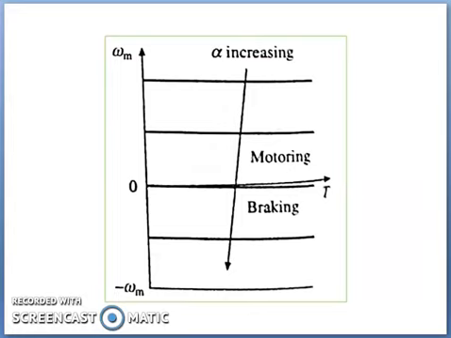This is the speed torque curve of the drive, neglecting discontinuous conduction. When discontinuous conduction is neglected, the speed torque curve, that is the figure displayed here, can be obtained. The VA versus alpha curve will have the same nature as shown here. Whatever we discussed for the single phase case, the same nature will appear in this case. So the drive operates in two quadrants, that is quadrant 1 and quadrant 4.